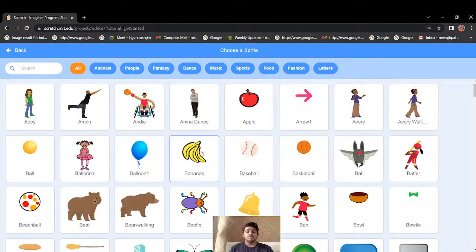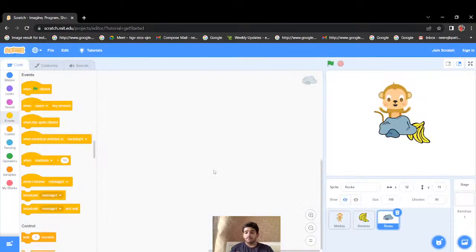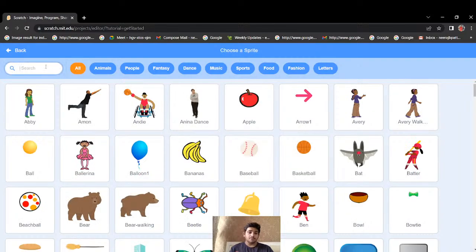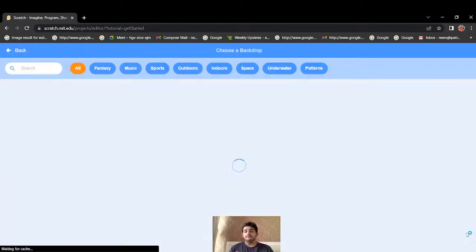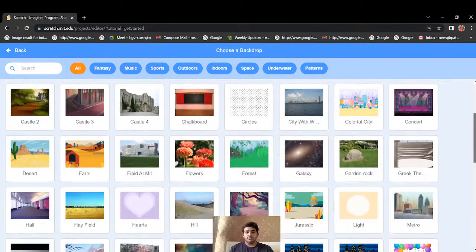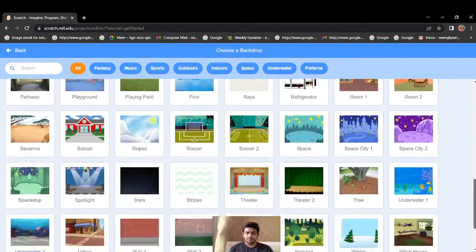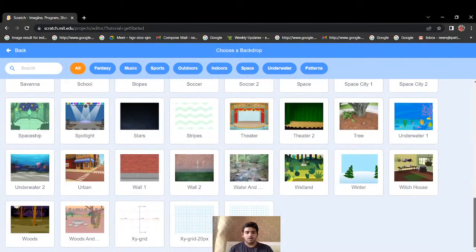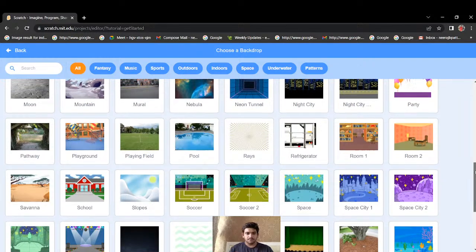Banana, it's over here. Rock, okay, and one heart. Okay, perfect. I'll also be adding one background. I think the perfect background would be, let me search for it. The perfect background for this will be